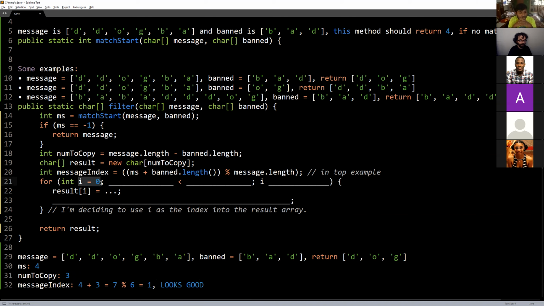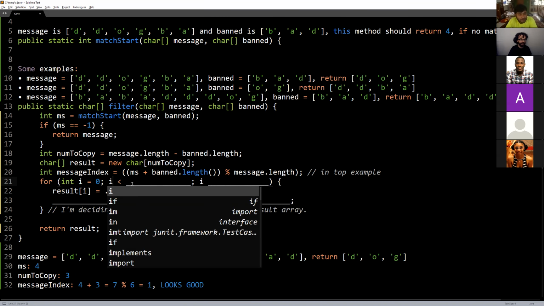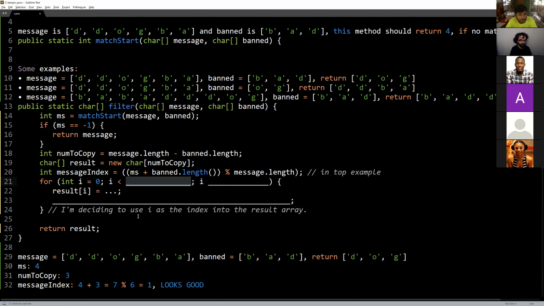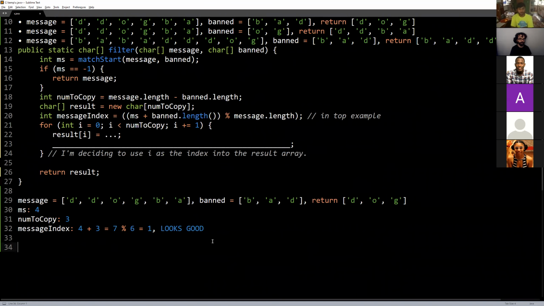So when i is 0, we're going to go i less than num to copy, i plus equals 1. And again, that's because I have decided that i is the index into the result array. So what I'm going to do is fill in the return array, which we call the result. So I'm filling it in like it starts off as x, x, x.